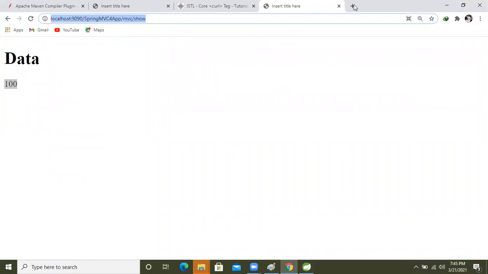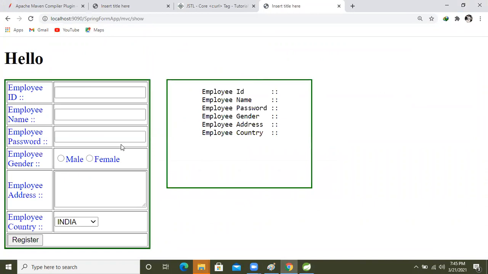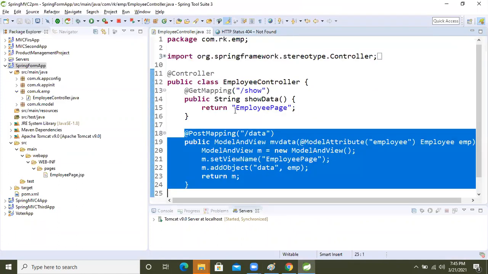Not this one, here, paste it. This is the MVC URL. I'm making the request and we will see whether the form came or not. There are no changes, but behind this there is too much memory wastage.